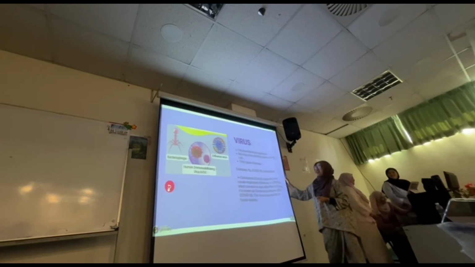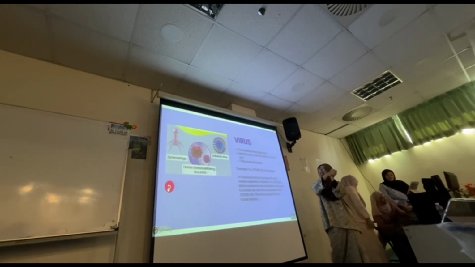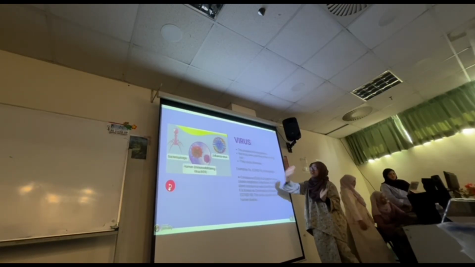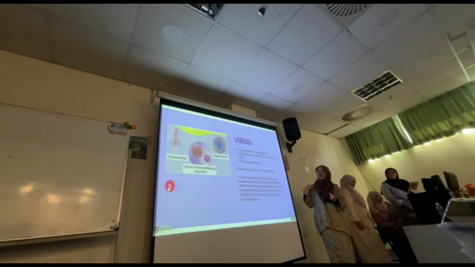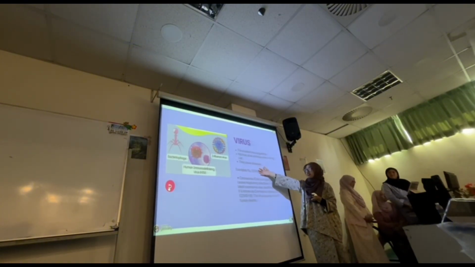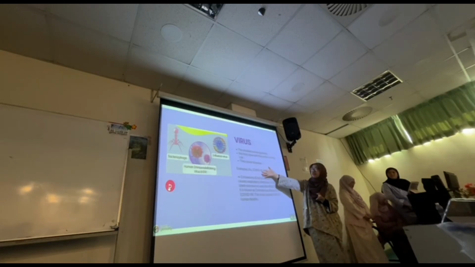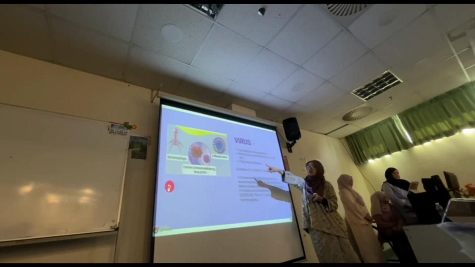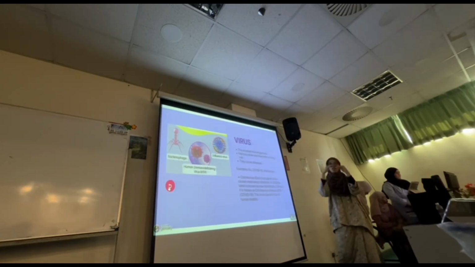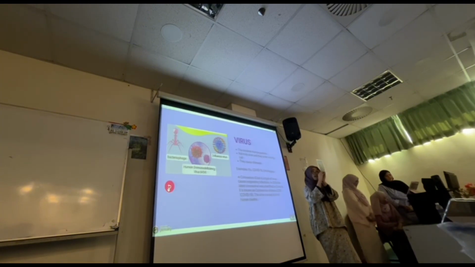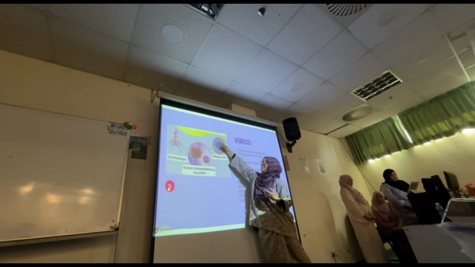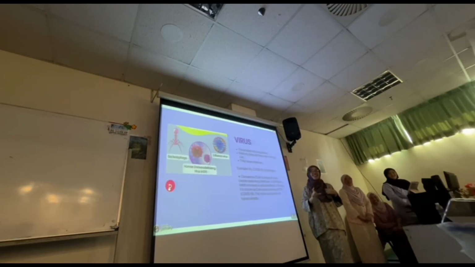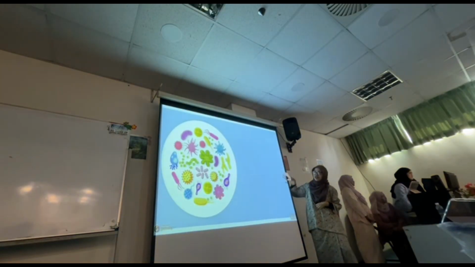Okay. So virus is the smallest microorganism, not really alive until it enters a living cell, which is our body. And then it can cause diseases like COVID-19, flu, chickenpox. That's the shape of a virus, small and round, and then it has little spikes like this. Okay. The last one is